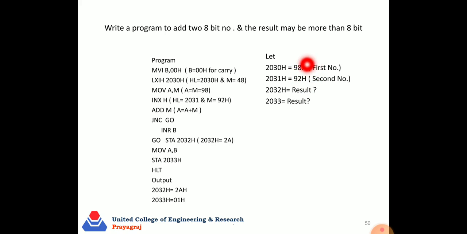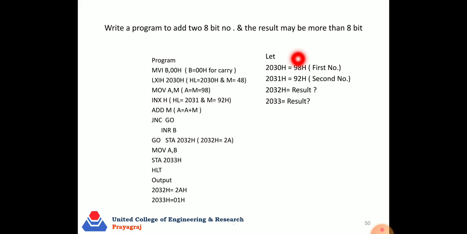We can change the data according to our requirement. So this program is useful if the result is either 8-bit or more than 8-bit, and it is applicable to all cases. We can say it is the standard program for 8-bit addition.